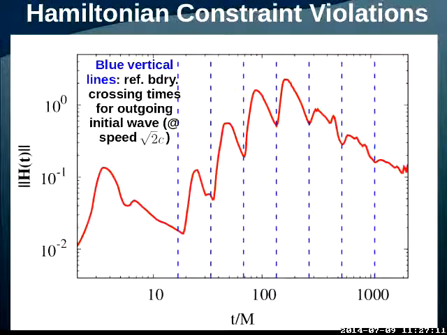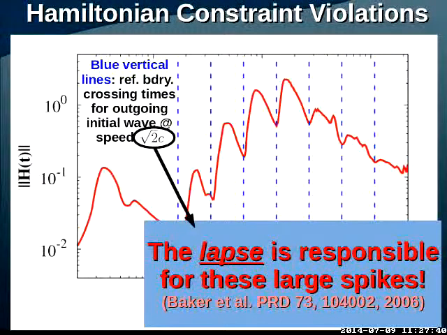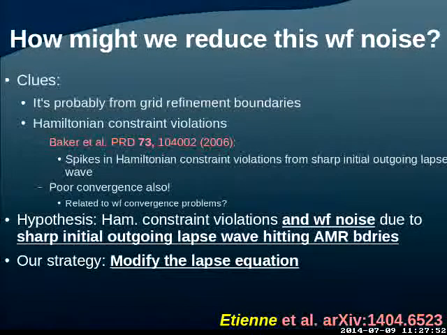Regarding Hamiltonian constraint violations, here's what I'm talking about. This is a log-log plot of the L2 norm of Hamiltonian constraint violation outside the horizons versus time. The blue vertical lines denote the refinement boundary crossing times for an outgoing initial wave propagating at a speed √2 times the speed of light. Notice each time the wave impacts a refinement boundary, it generates a great deal of Hamiltonian constraint violations. We strongly suspect that this is caused by the lapse, as the principal part analysis of the equations we solve indicates that the lapse actually propagates at this speed, √2 times the speed of light. So our working hypothesis is that the bulk of the constraint violations and waveform noise are due to the sharp initial outgoing lapse wave impacting AMR